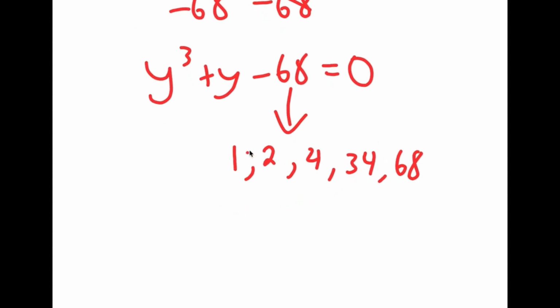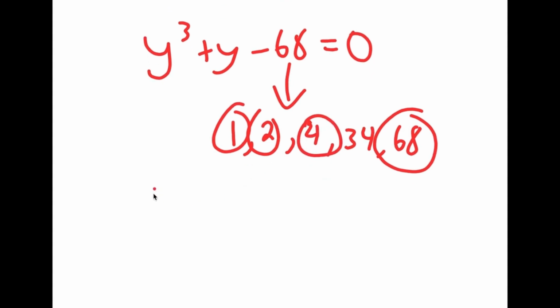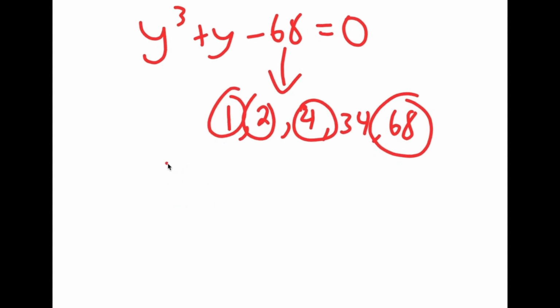1 wouldn't work because 1 times 68, we can't subtract those two to get y. And 2 wouldn't work either. The only one that would work is 4, because if you divide y minus 4 with y to the power of 3 plus y minus 68, that would be factorable. So now that we know that 4 is a proper factor,